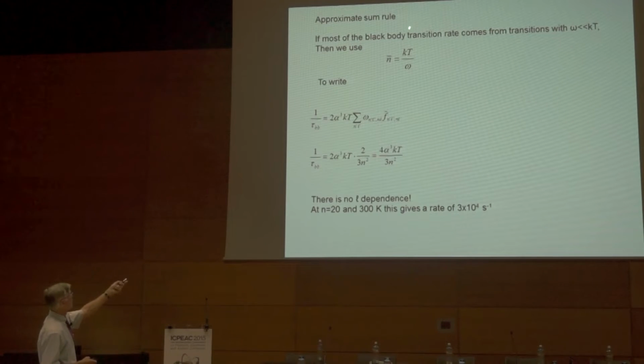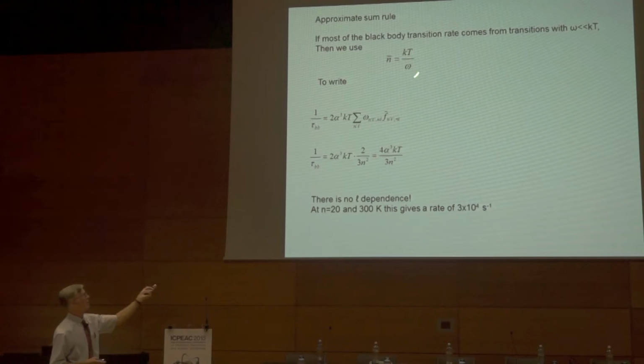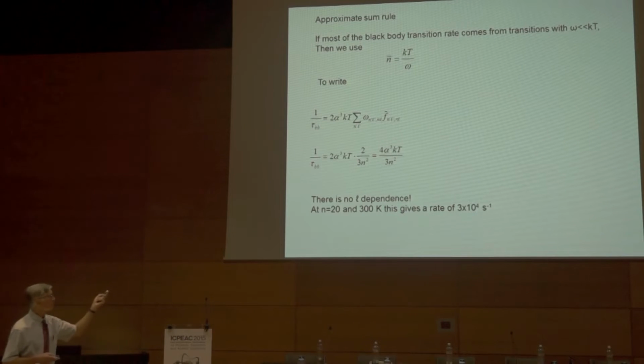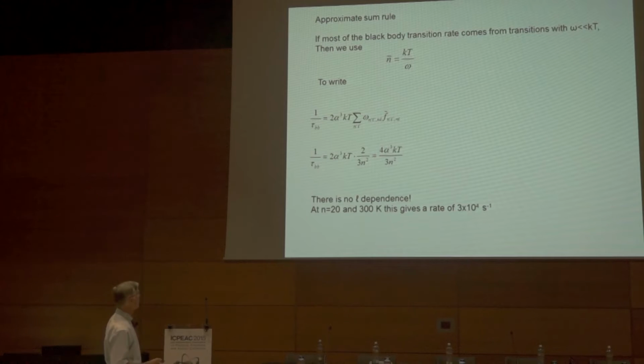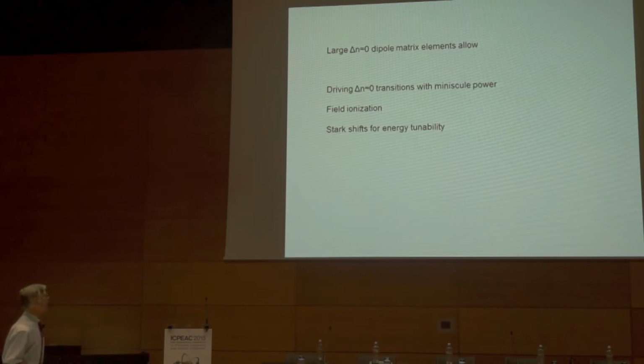In fact, it's pretty easy to show that since the photon occupation number actually looks something like this, you lose a factor of omega, basically, in the computation of the black body rates. And finally, when you compute the black body transition rates in total, they have an n squared scaling. So at high n, this always dominates, right? Okay. All right, so I would now like to return to these